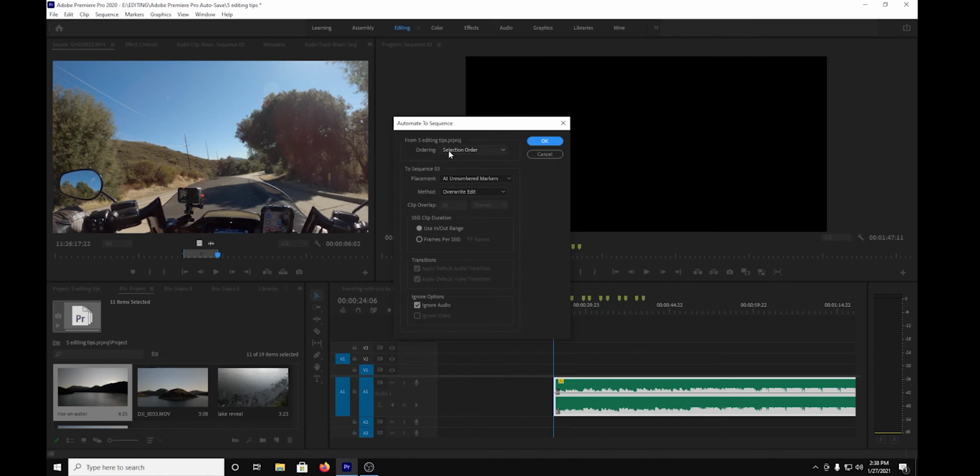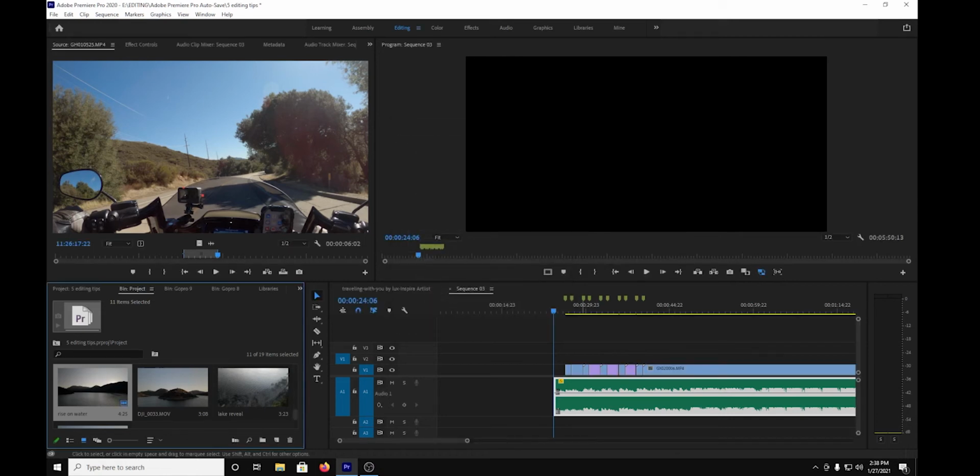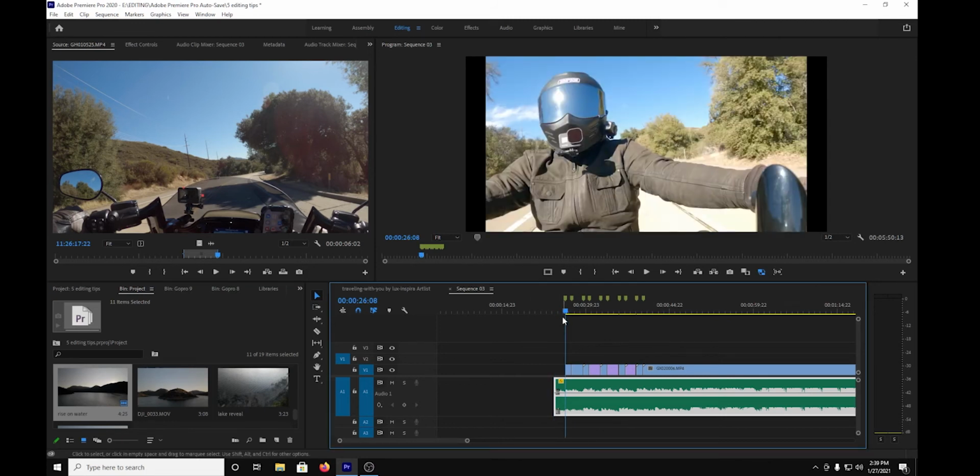Very important that you hit selection order. You don't want sort order. You want it to be on selection order. For me, I don't want them to bring in any of the audio, so I can put ignore audio. And then I'm going to click OK. Watch what happens. Boom. So now with these markers, it's already made all those edits and those cuts to the beat that we had pre-selected. So now if we hit play,